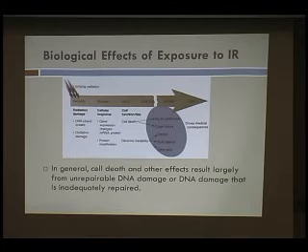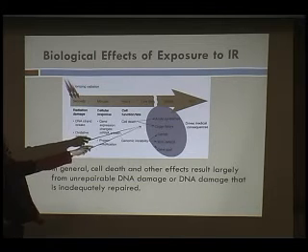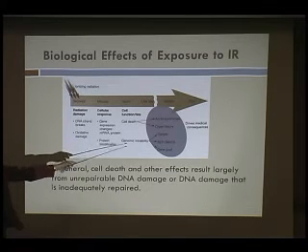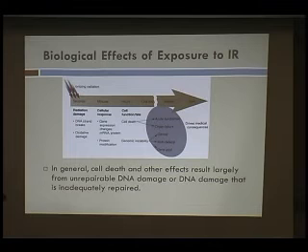So if the damage is large enough, then the cell will die. And that can lead to acute syndromes or to organ failure. It can also lead to genomic instability. That means there's damage to the cell, it's passed on to another cell, and basically there are problems because the cell is not replicated as it should be, so that causes a problem with the body.